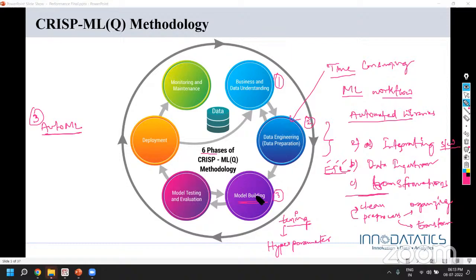We call them experiments. So there could be hundreds and hundreds of hyperparameter tuning opportunities that we might see. We may not be able to manually rerun the code hundreds of times. So this is another area where we use automated techniques.